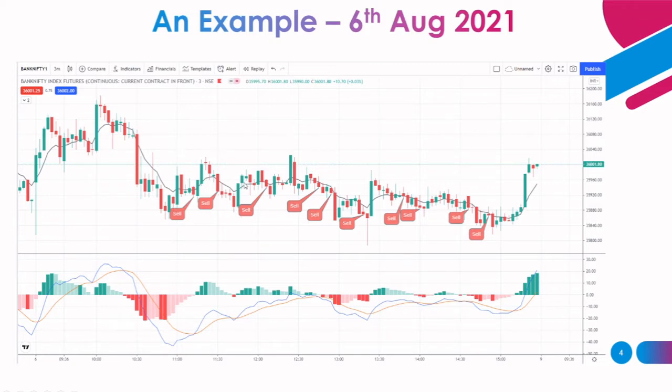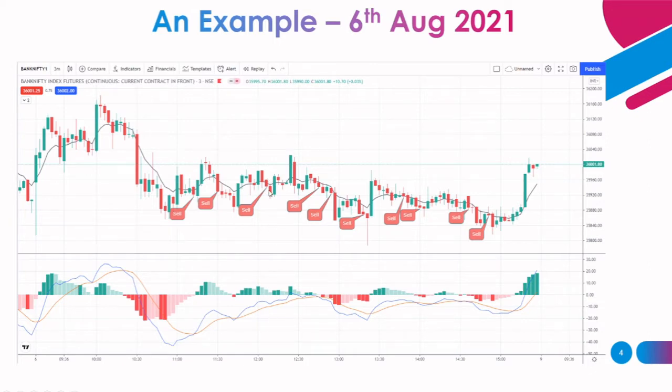For another setup, we are not going to go long here because MACD is below 0, right? We will go for buy only if the MACD is above 0, and a green candle closes above the EMA, and the previous candle size should not be more than 80 or 90. It should be a small candle. That's the main objective of that one. Here it is 0, again it is below 0.